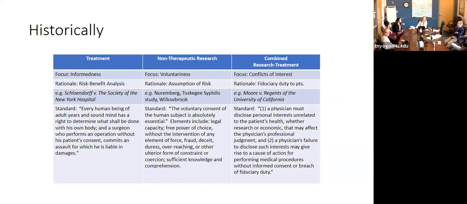So I want to get back to this issue, because this becomes important to me too. For research, one of the fundamental issues is voluntariness. One of the questions I would have about this particular form is whether somebody who is there for treatment and has to sign a consent for treatment that includes a consent for research can be said to be voluntarily agreeing to that research. I think there are some questions about whether these forms, which include a lot of information, are voluntary as to any of it. But certainly, if we prioritize voluntariness in research and you're there for treatment and have to sign a form, it becomes, I think, a problem.